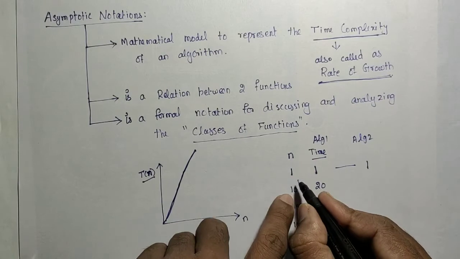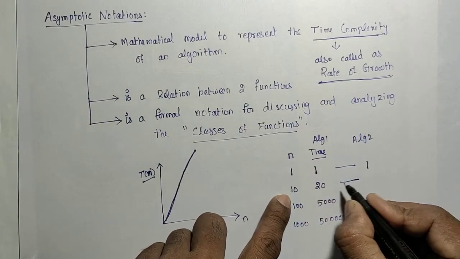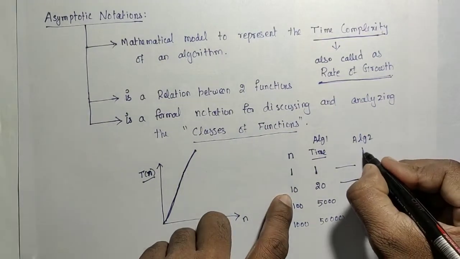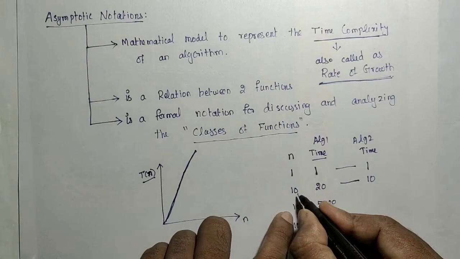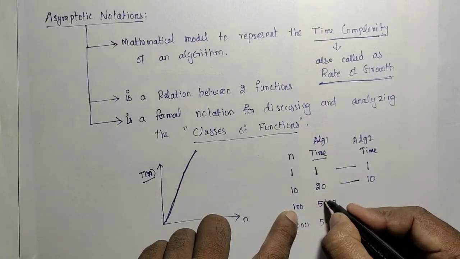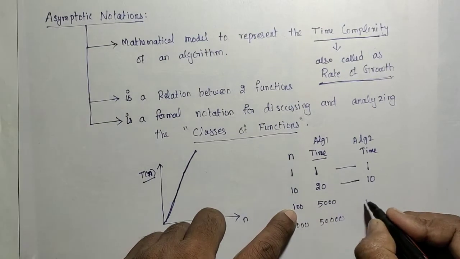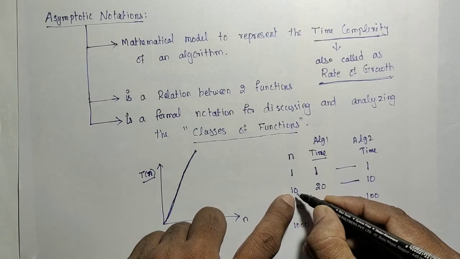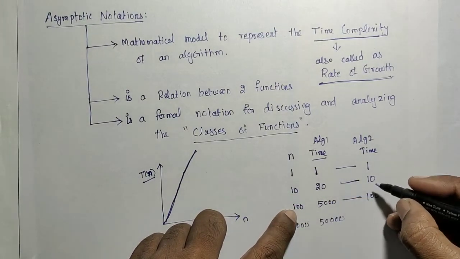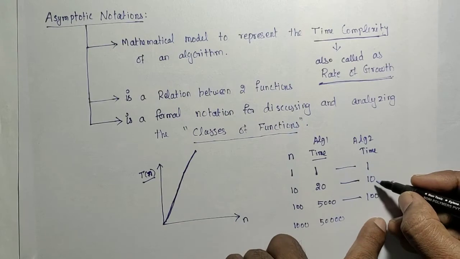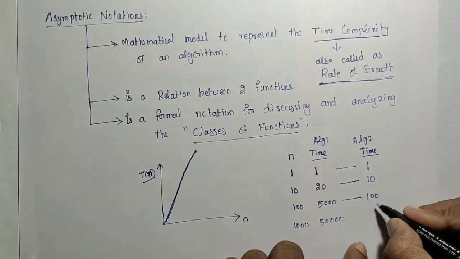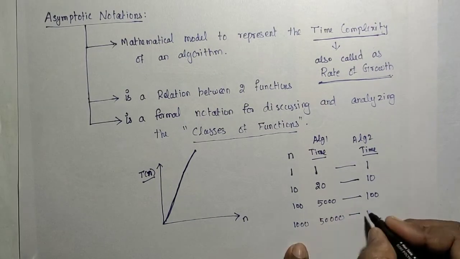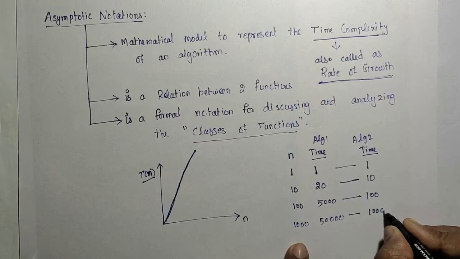Okay, but if you are changing 1 to n, this algorithm's execution time does not suddenly increase to 20, it is also 10. Again, if you are increasing 10 to 100, there is not much change, from 20 to 5000. So it is the same 100 milliseconds I needed. If we are increasing the input size from 10 to 100, the same amount of change happens in the execution time too. So the execution time is 100. Then from 100 to 1000, here also we need 1000 milliseconds.